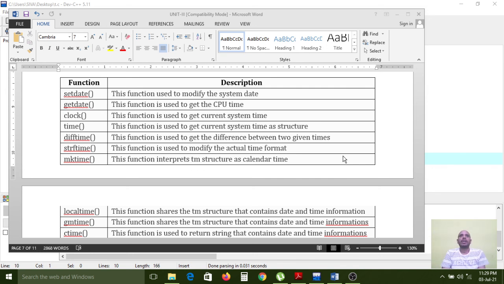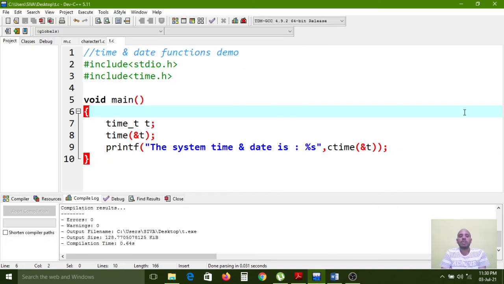But in the olden days, the date functions were separated and integrated into some other header file called dos.h. But nowadays in most editor software, dos.h is not supported. Dev-C++ is also one of the modern editors, so in this the dos.h header file is not supported. Why?